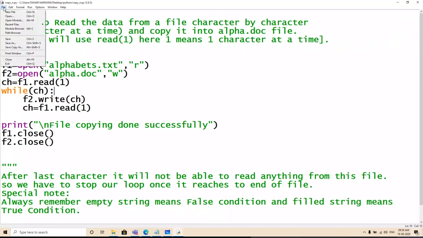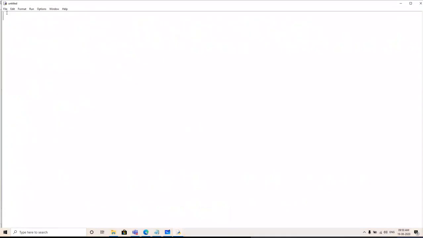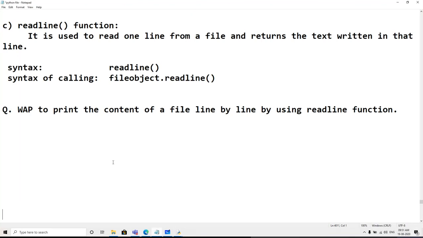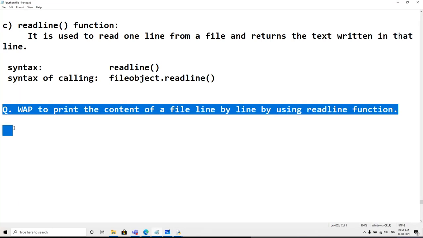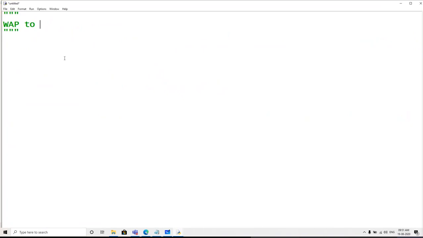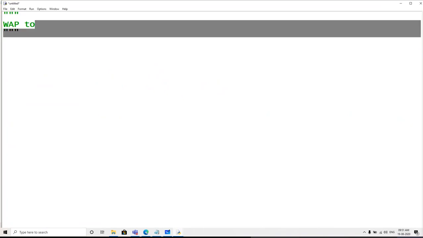So here, let's take a new file. Let me write a program to, let me copy it from there. Very simple question. Read line function. We will print the content of the program by this.